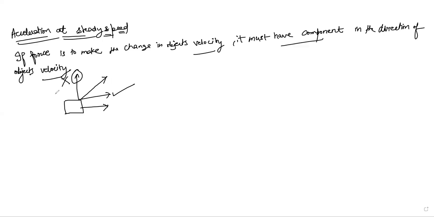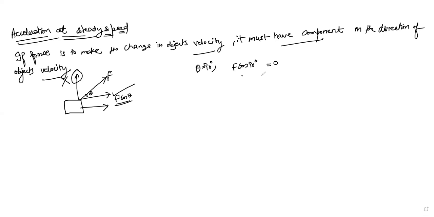of object's velocity, right? But when we consider circular motion, our force is already acting at 90 degrees to the velocity. Means they have no component in the direction of velocity. How do we find components? If I ask you, this is F, it is acting at an angle theta. So what will be this component? This component will be F cos theta, right? But if theta is 90 degrees, what will be the component? F cos 90 degrees. And we know that cos 90 degrees equals 0. So this will be 0,